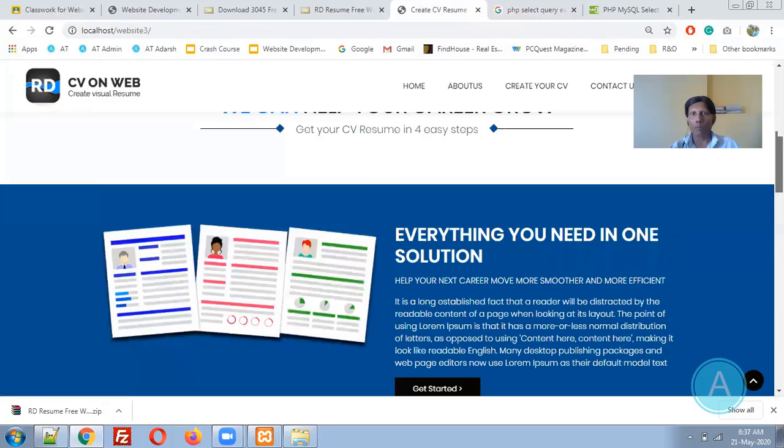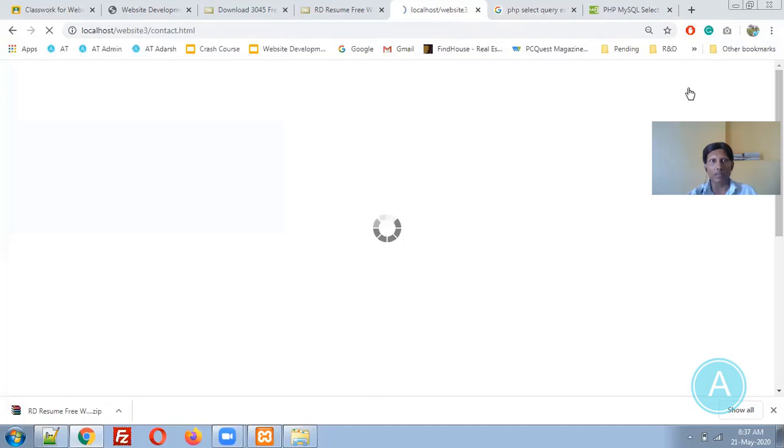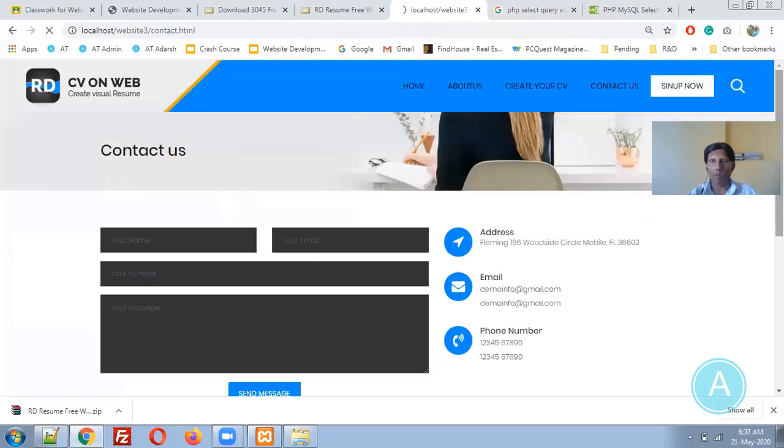Now suppose you would like to have login information or sign up information. Here the login page is not there. Suppose you would like to add this login page over here. How can you add that login page? You need to create a form. Yes, sir. You need to paste it over here so that this can be converted into the login page directly.